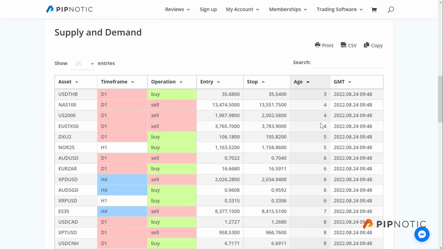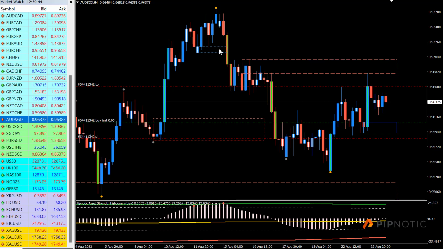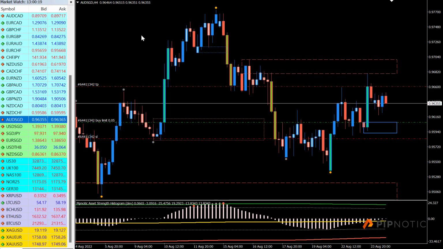Okay, so what it's doing now, if we just compare to the normal supply and demand software, the supply and demand software we can use it on our MT4 terminal, and we can use it to sound alarms when a new area of supply and demand is formed on the currently active chart, but we can't use it to scan everything. And this is something I thought would be really, really valuable. Wouldn't it be cool if we could just have an interface that would show us young supply and demand on everything? And the answer to that was an obvious absolutely. And so this is why I created this little dashboard. And I think it'll be valuable because